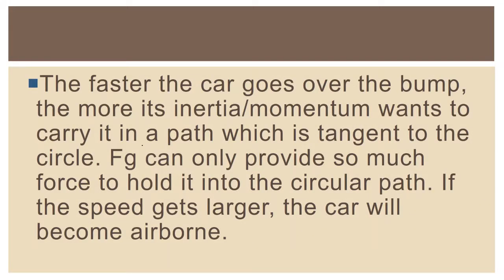The faster the car goes over the bump, the more the car's inertia, or the driver's inertia, or momentum, wants to carry it in a path which is tangent to the circle. The weight can only provide so much force to hold the car into the circular path, which is the bump. And so if the speed gets larger, well, then the car's going to become airborne